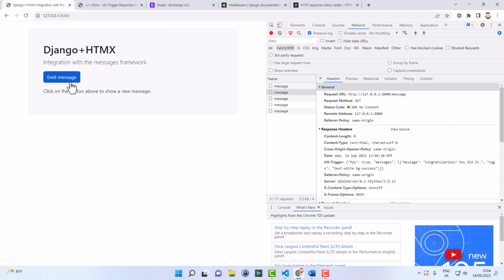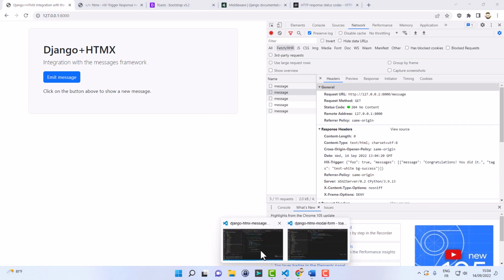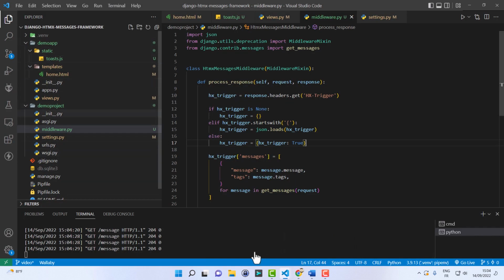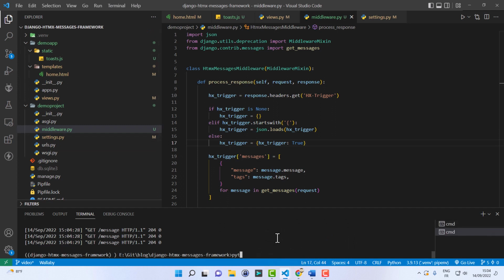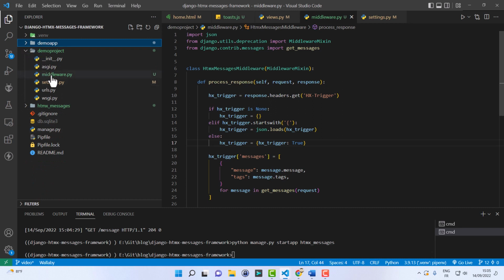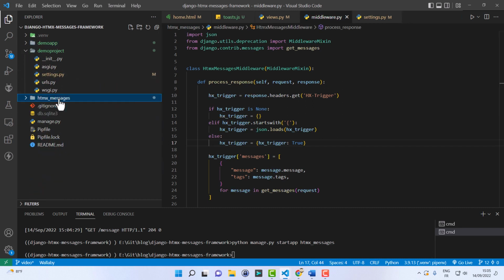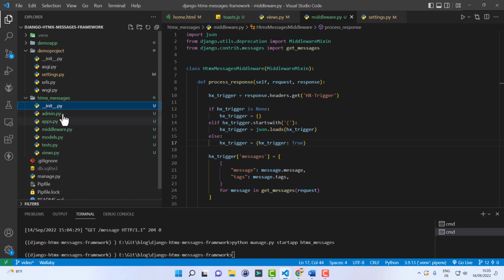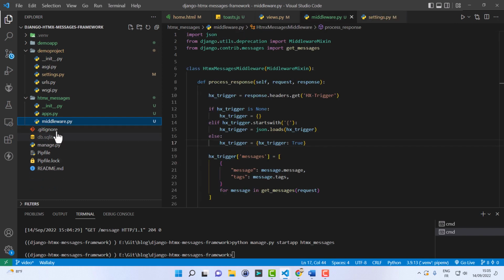Now let me do some cleanup so we can reuse this solution in other projects. Let's create a new app. Start app. Let's call this htmx_messages. Let's move the middleware here. Can remove the migration that I won't use, admin also, models I won't use, test, even views.